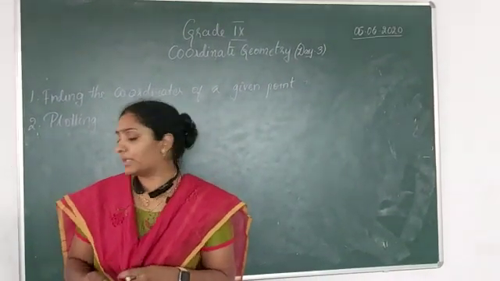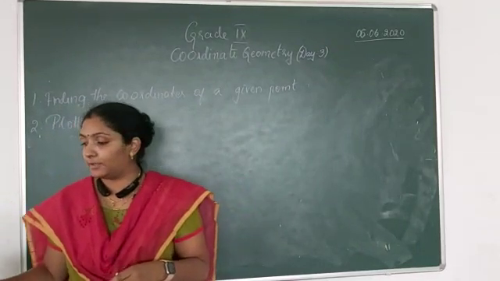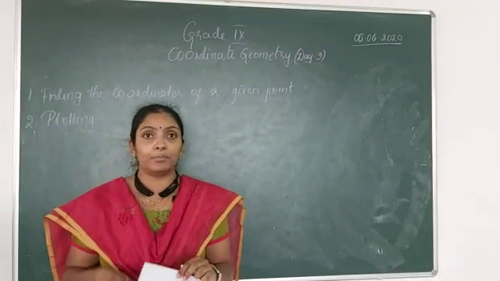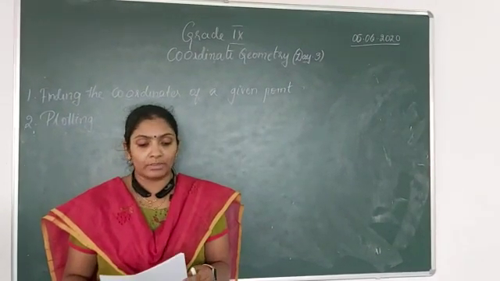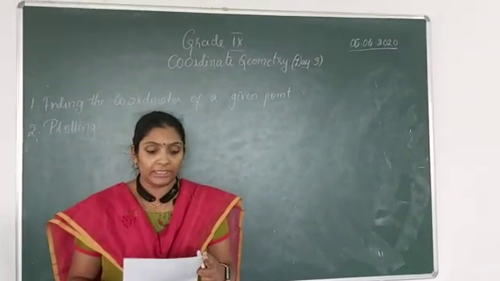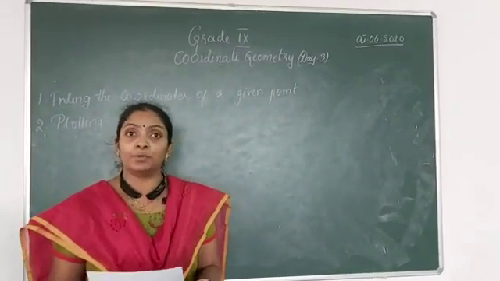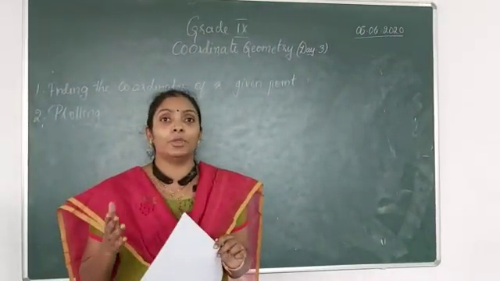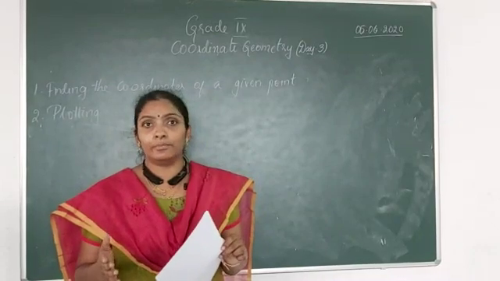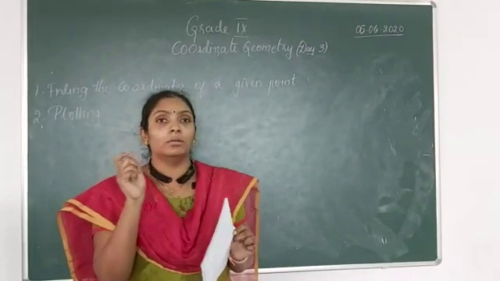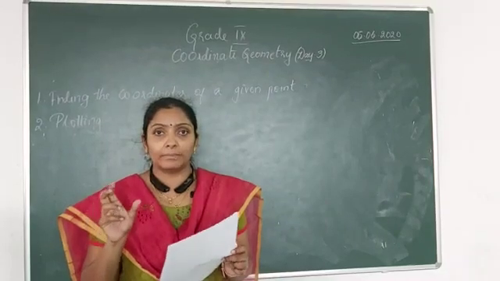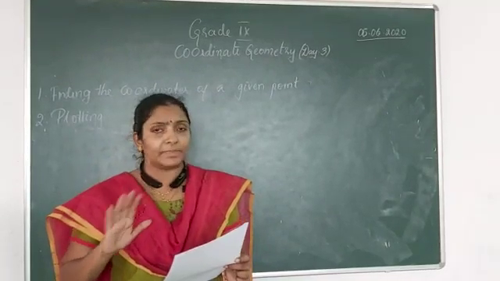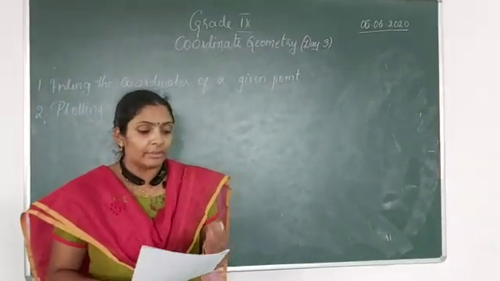But before going to that, I have a small portfolio activity for you. So if you can see the problem number 2 from exercise 3.1, I'll just read out the problem and try to explain it orally, so that you will do that as a portfolio activity. And for the portfolio activity, you will be doing that on the back side of your workbook. You have a maths workbook given to you, and on the back side you are given a few pages for practical record, right? So you will do the portfolio in the practical record space itself. Okay. So coming to the problem.